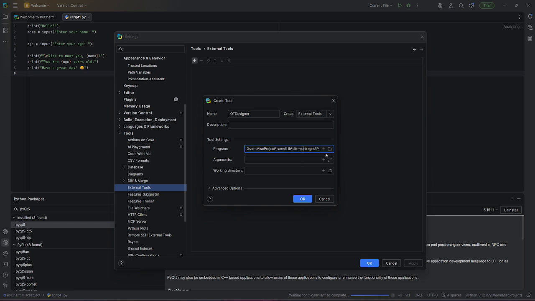So now here put in the path to your Python installation folder. Arguments, we can say the designer, and working directory can be like so. Click OK, and again